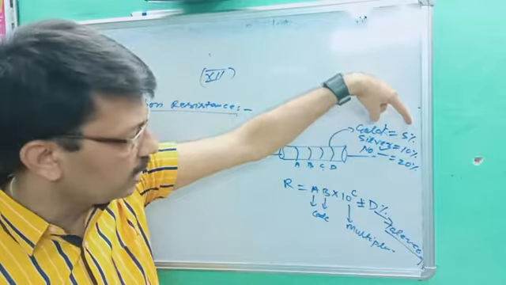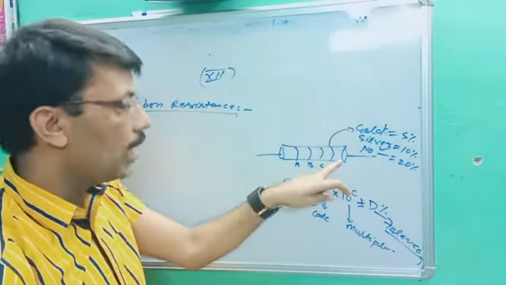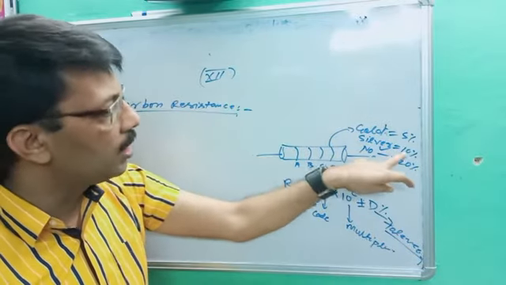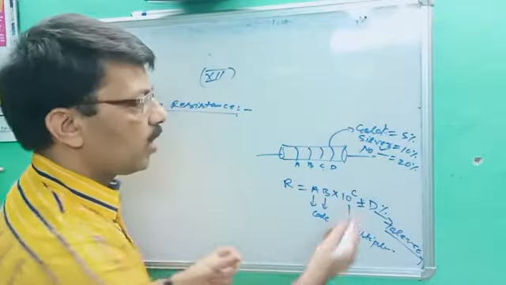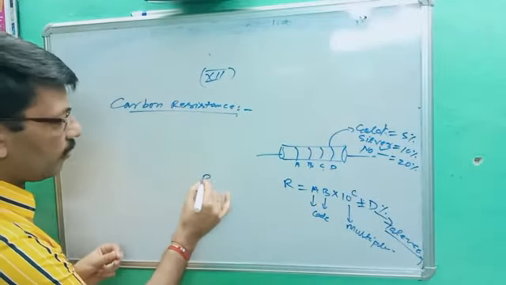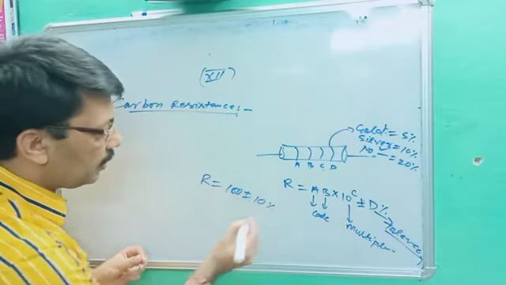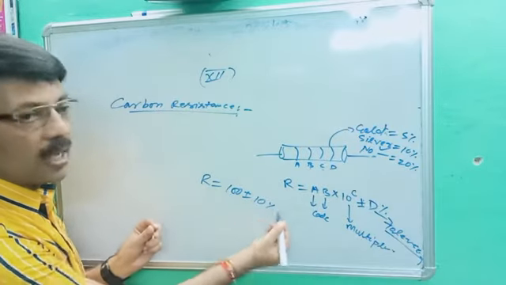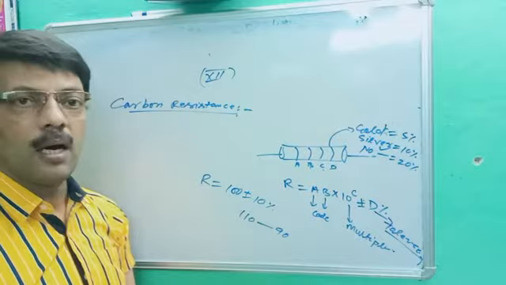Golden has a 5% tolerance. This is D%. If the outer color, the last color, is gold, you have to write 5%. If the last line is silver, you have to write 10%. If this space is vacant, you have to write 20%. And let's suppose you get the formula R is equal to 100 plus minus 10%. It means this resistance can contain the value 100 plus 10 to 100 minus 10. It means its value will be 110 to 90. Are you getting the point?